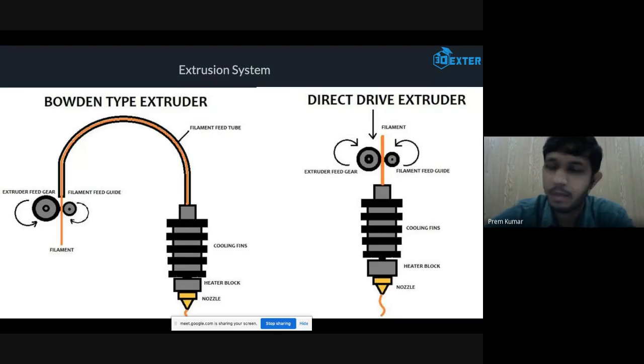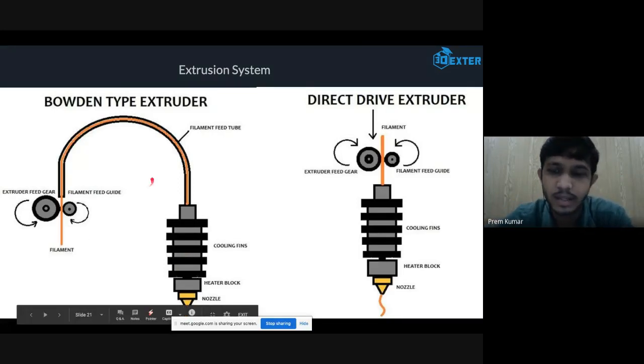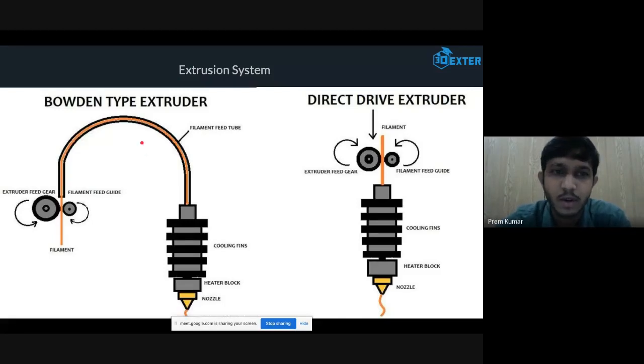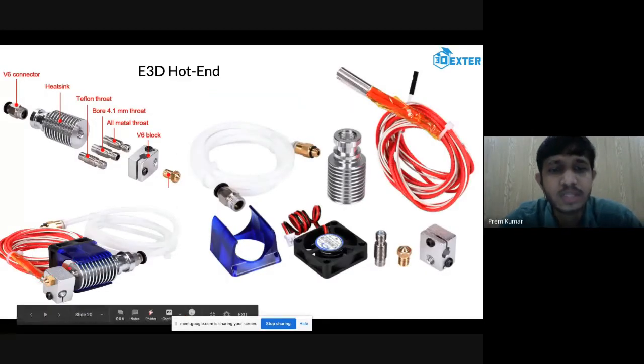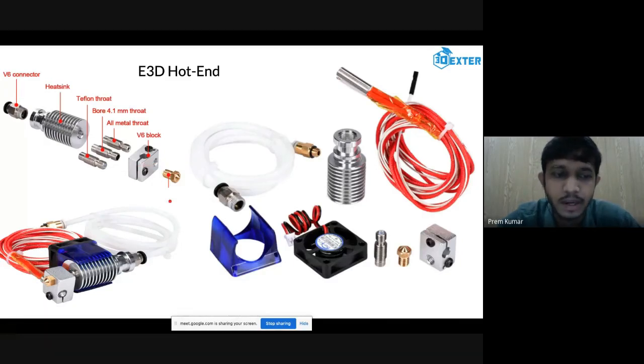Yeah, parts vary. It's like the temperature of the nozzle. If you look at the hot end that we have seen, it can safely go to 280 to 300 degrees centigrade. So if you are going to print a material which melts at higher temperatures, beyond 300 degrees centigrade, then you have to change this hot end and use some other kind of hot end so that you can melt those materials also.